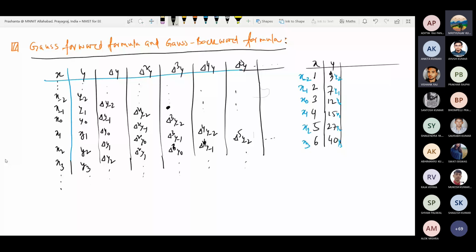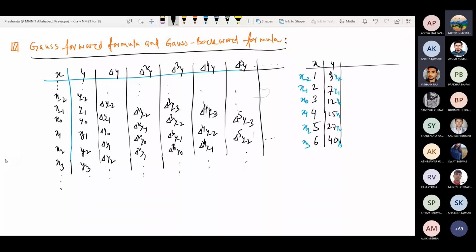Which, sir? It is in this big dotted position. Y minus 3, sir. Del Q y minus 3. So it will be del Q y minus 3. Here this element will be del 4 y minus 3. Okay, it will be del 5 y minus 3. So this is how the table will be created.